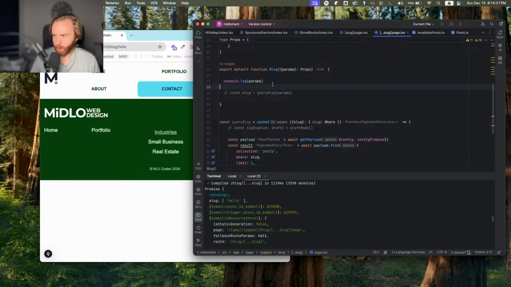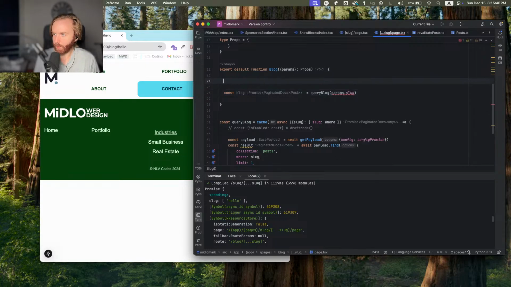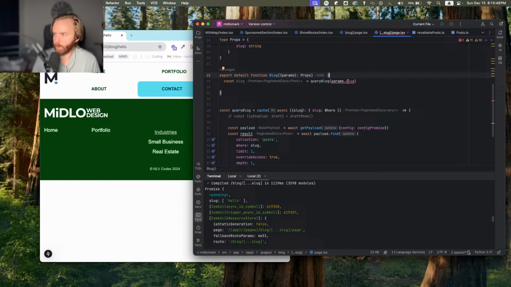And what we want is the slug. I know that this is what we're looking for, but you can see here that we do have a blank slate now when I type in hello instead of a warning. That's because we have something coming back to the front end and communicating between the front end and the back end. So we're going to query the params.slug, and since this blog does not actually exist,